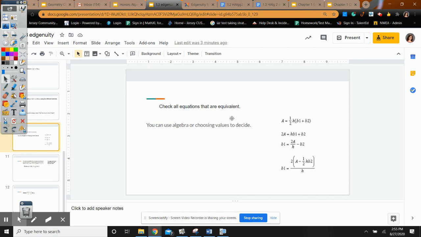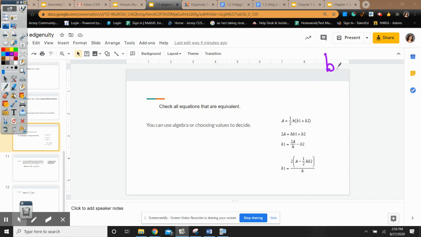Okay, check all the equations that are equivalent then. So let's see, you can use algebra or you can plug in variables. So what else is equivalent here? Well, what is the thing that they did on this one? It looks like they were getting 2a together. So the first thing, let's do some